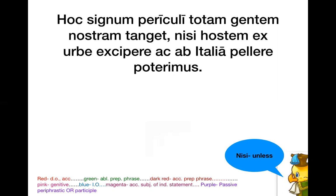So I guess this is just them being like, remember what infinitives used to do? So we will be able to what? Excipere is kind of like accept, but it's not ACCEPT. It's the one that no one actually uses as a verb. We'll be able to accept the hostiles from our city. Right, meaning like get them out. So like get the hostiles away from the city or out of the city, and pellere ab Italia. And we will be able to